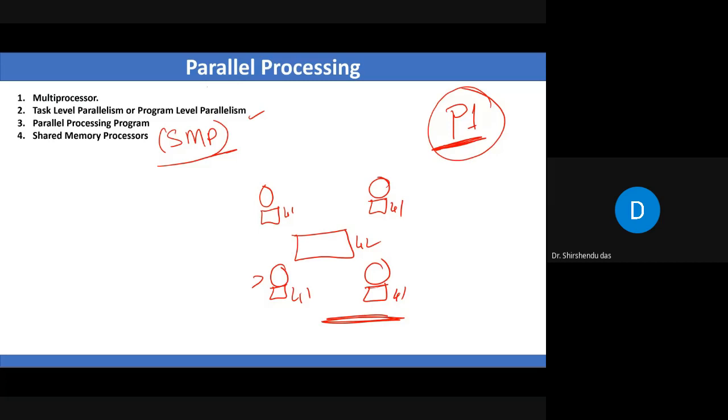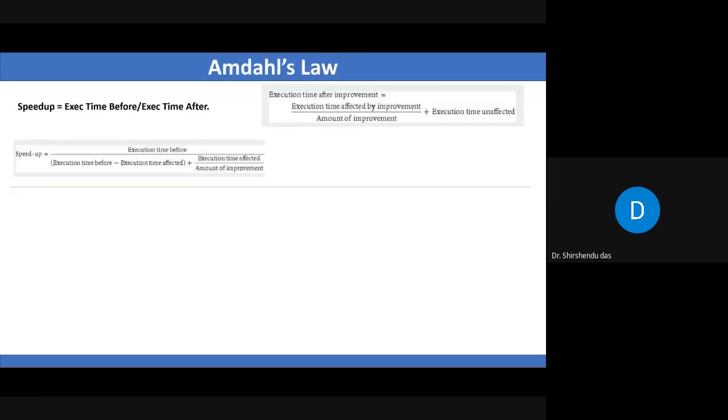That's why it is called parallel execution or parallel processing. Amdahl's law is mentioned in chapter 1 only, but at that time I skipped it. So Amdahl's law means, suppose this is a computer, and here you